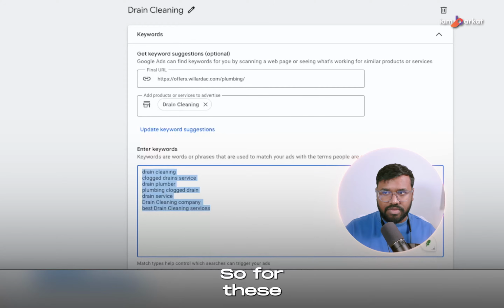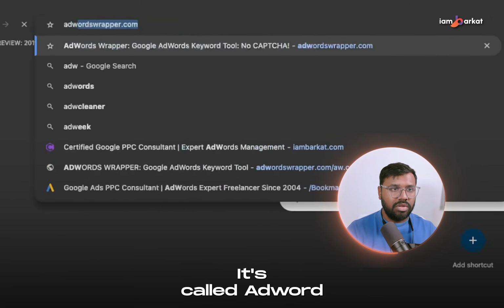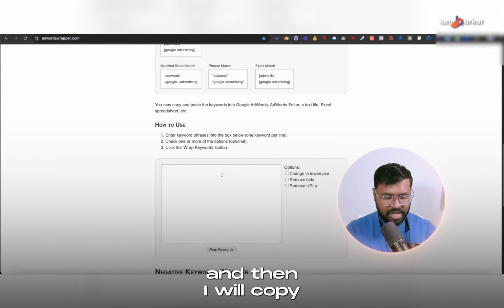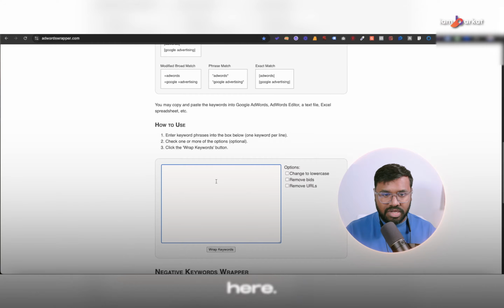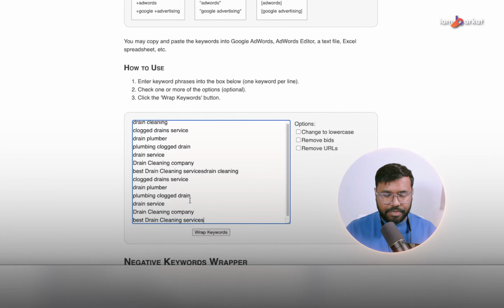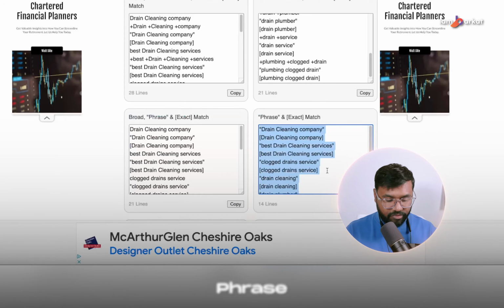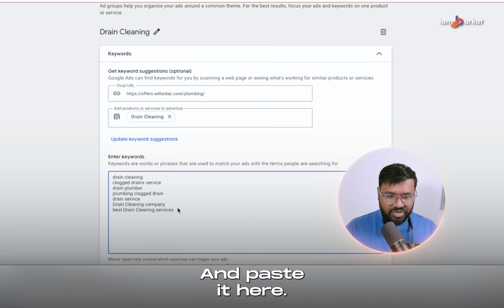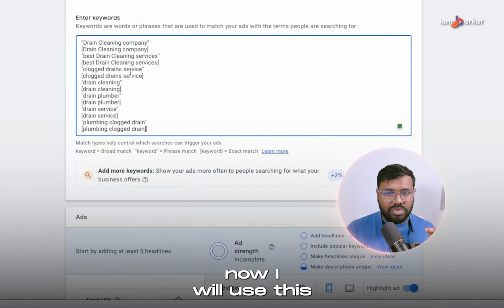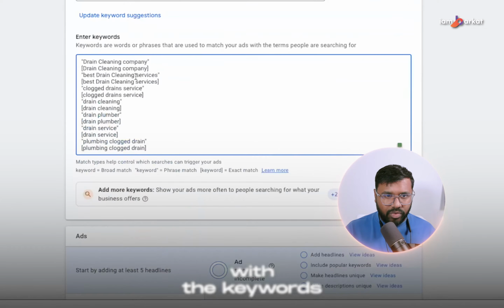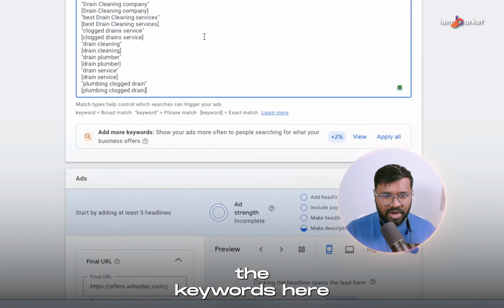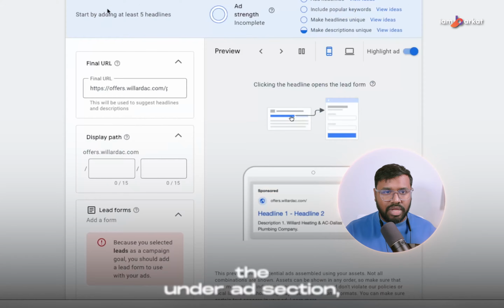For this I use a tool called AdWord Wrapper. I will go to adwordwrapper.com, paste the keywords here and hit wrap keywords. Let's copy the keywords from here, phrase and exact both, go to Google Ads and paste them here. So for now I will use these keywords, and I think I am done with the keywords for the drain cleaning ad group. Once you have placed all of the keywords here, you need to go to the ad